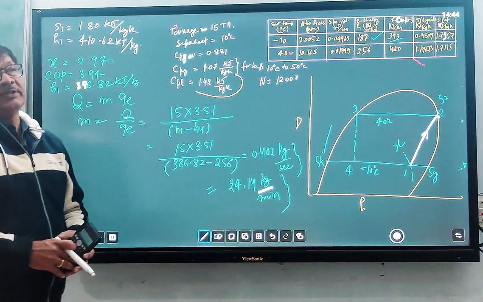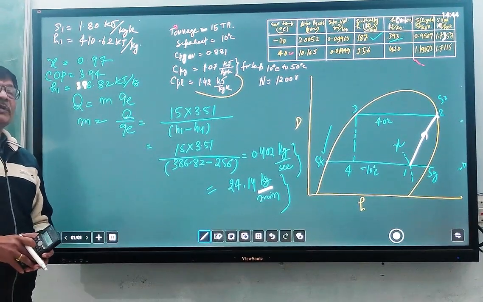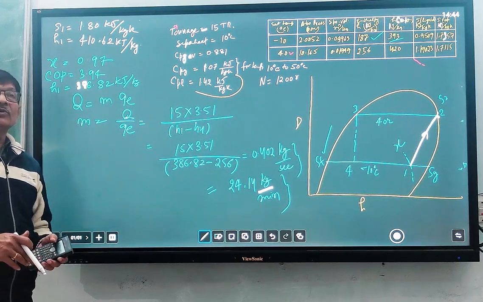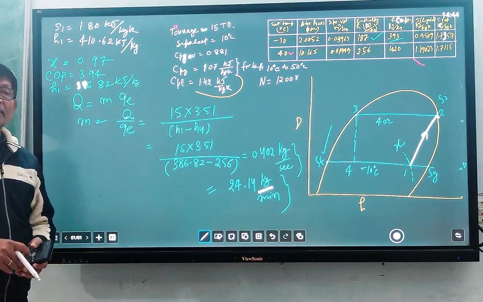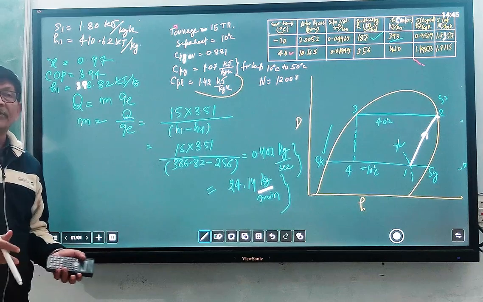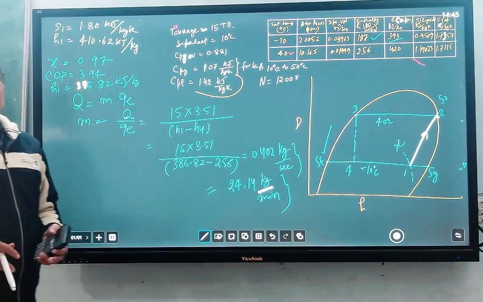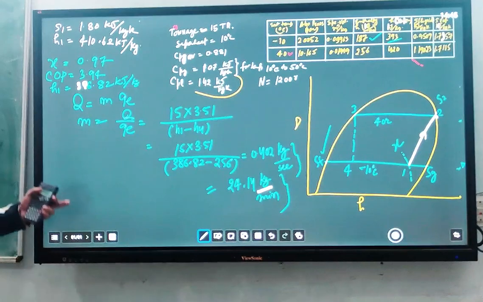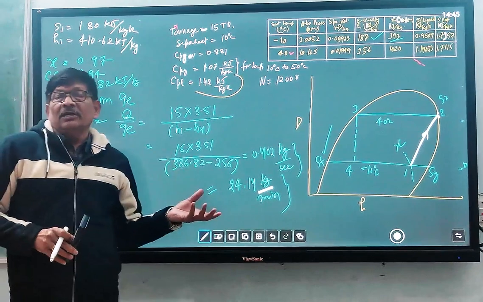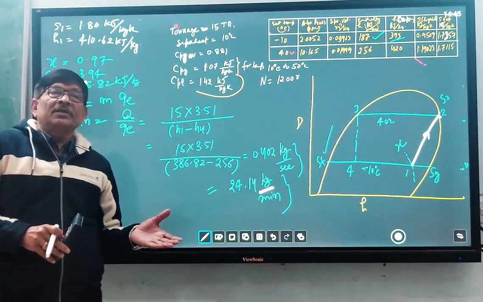Already we have discussed so many things in air conditioning problems, so we will also solve one more air conditioning problem. We will do the total heating and cooling load calculation of a given space, whether it is a room, a laboratory, a theater or any hall. I think this problem is a very important problem for you. And if you practice and understand all the steps, you can solve a problem of any competitive examination.